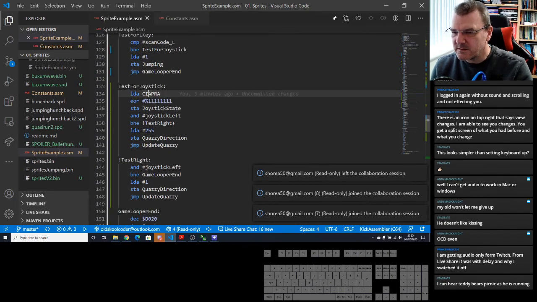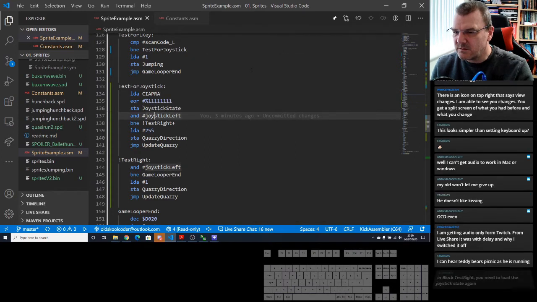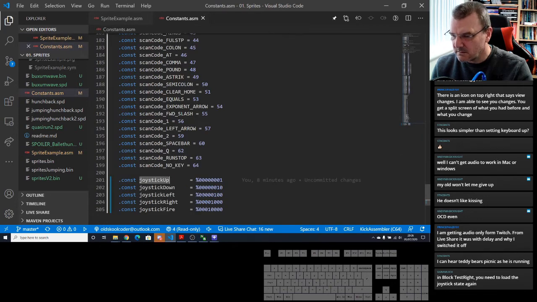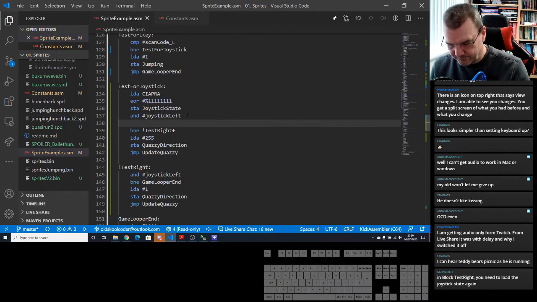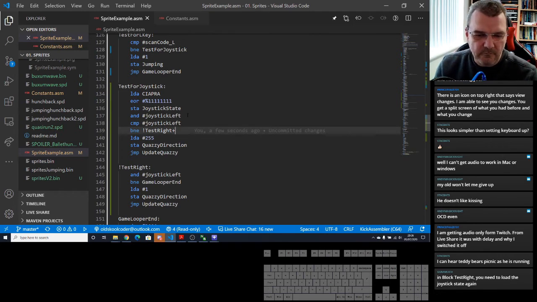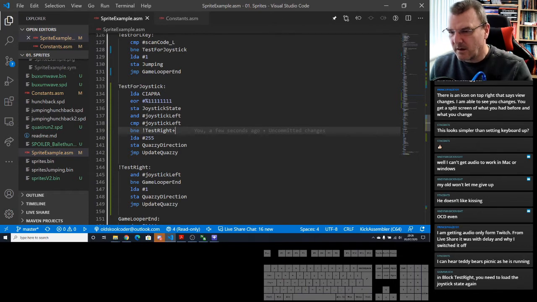So load it, store it in joystick state, and AND it with joystick left. That's that. Okay.